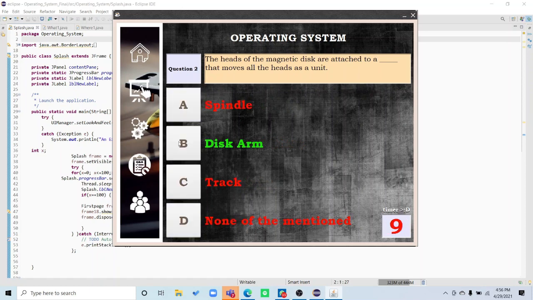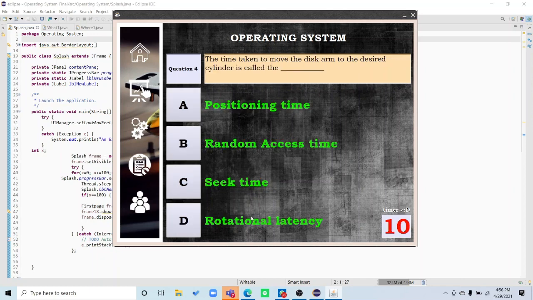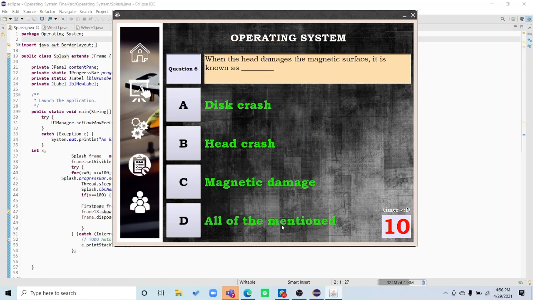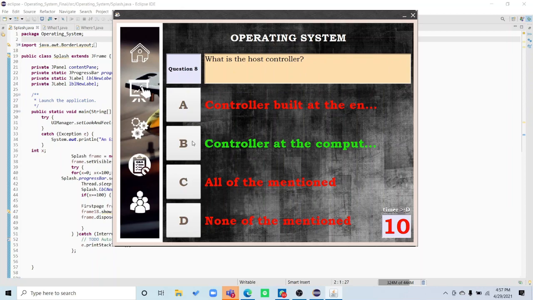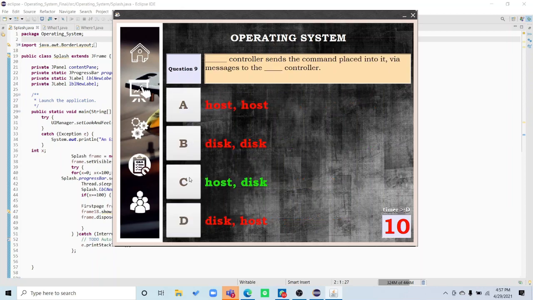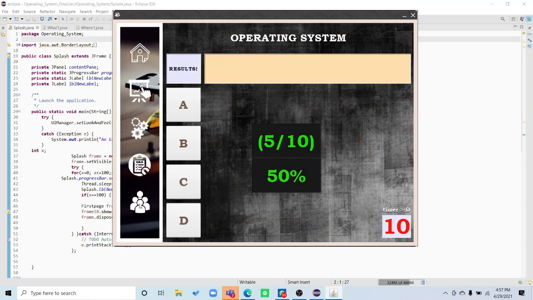Select the option that you think is correct by clicking on it. The correct answer will be shown in green, while the false option will be marked in red. If you don't answer a question in the given time limit of 10 seconds, its correct answer will be displayed in green, and we move on to the next question. In the end, the result of the quiz is displayed where you will be shown the correct score out of 10 and in percentage format also.